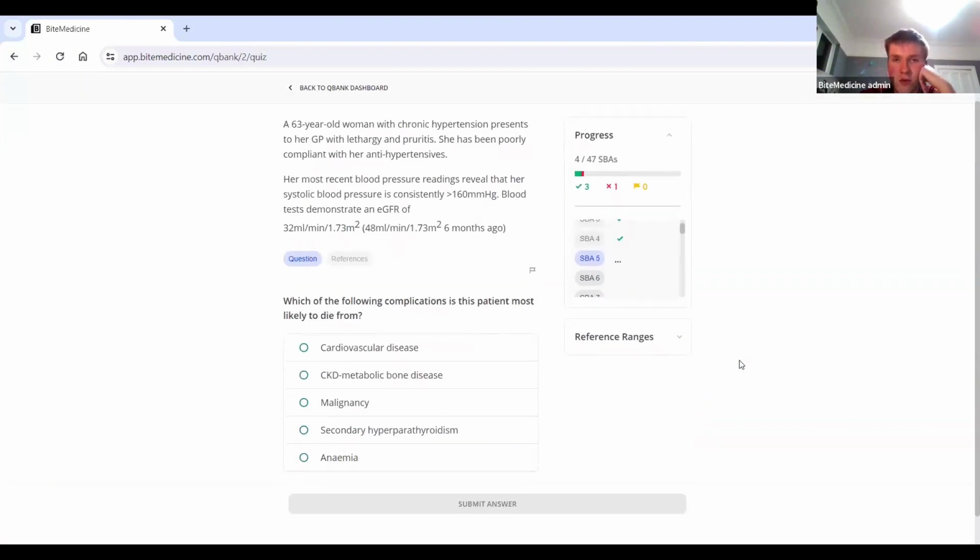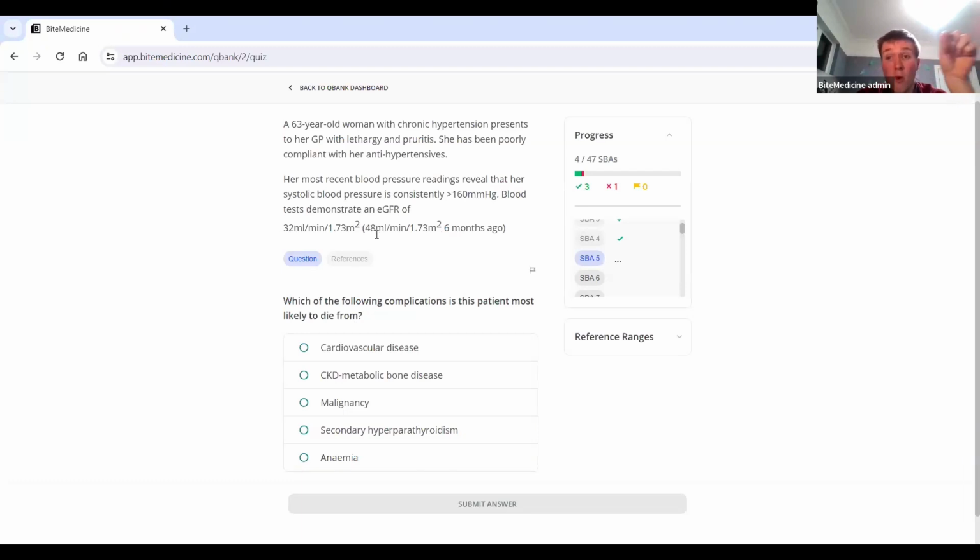Right, so a 63-year-old woman with chronic high blood pressure presents to her GP with lethargy and pruritus, that's itching. She's been poorly compliant with her antihypertensives. Her most recent blood pressure readings reveal that her systolic blood pressure is consistently more than 160, and blood tests demonstrate an eGFR of 32. It was 48 6 months ago. So before we jump into the question, that's a pretty notable deterioration. So it's gone down by 16, but